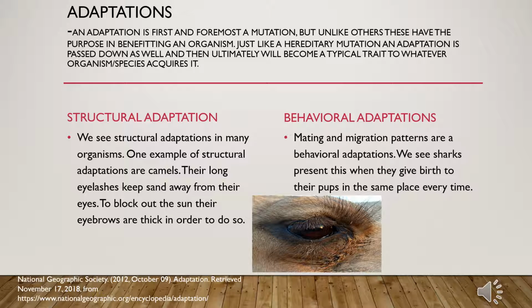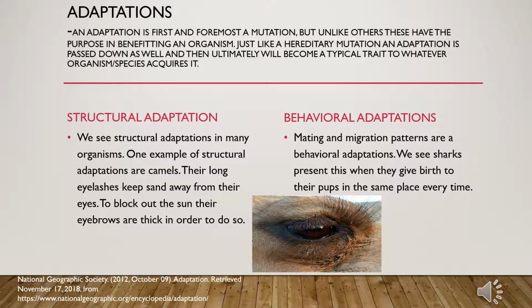Now we're going to be talking about adaptations. An adaptation is first and foremost a mutation, but unlike others, these have the purpose of benefiting an organism. Just like hereditary mutations, an adaptation is passed down as well, and then ultimately will become a typical trait of whatever organism species acquires it. There are two different kinds of adaptations: structural adaptations and behavioral adaptations. Structural adaptations are physical,